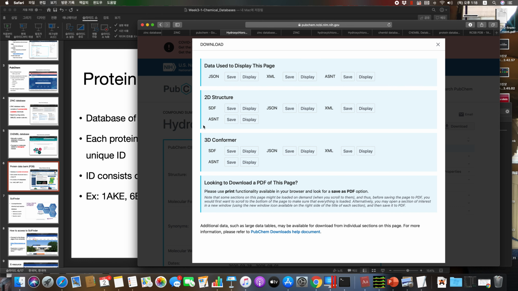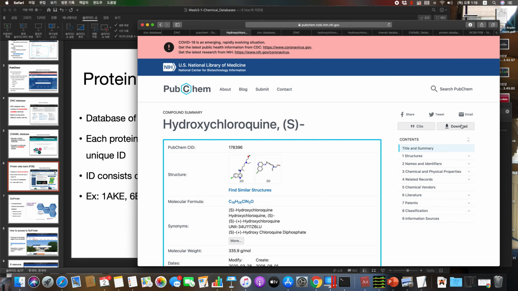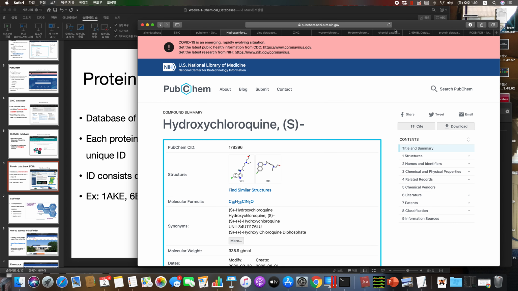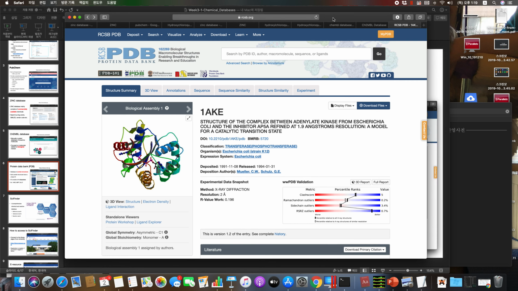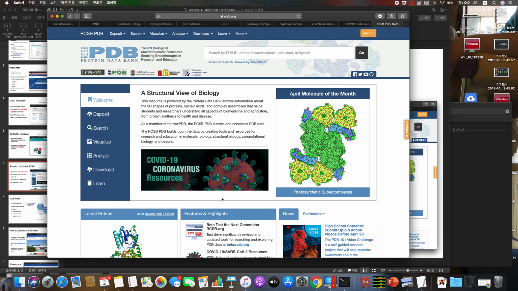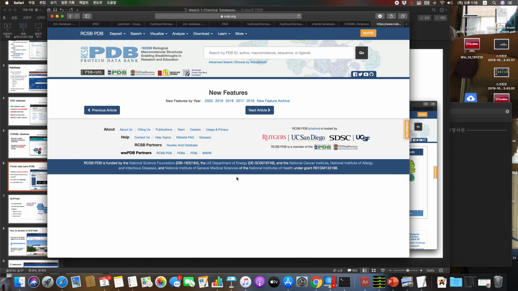Okay. Yes. So here's the download button. In summary, from the PDB database you can download the 3D structure of proteins. And additionally, these days, because the COVID-19 virus is so important all over the world, they have COVID-19 coronavirus resources, and if you click this button,